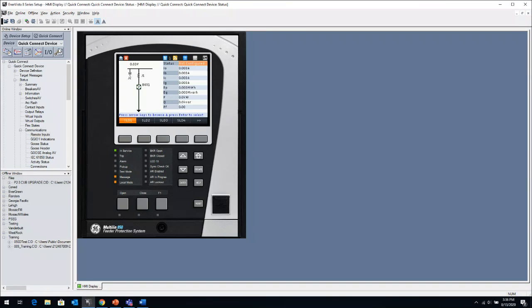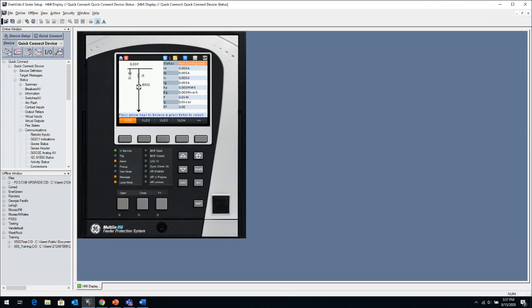Now, the important one I just wanted to mention is this one. I'm not going to click it right now because it could take a while to download. It could take up to a couple of minutes, so I don't want to take much time away from our session today. It's the service report, the one on the right here. And it's very important if you want us to help you look at something, a problem with the relay, or something you've set in the relay that you can't figure out, like the relay tripping when you don't think it should have tripped. Anything that you want us to look at, the first thing you should do is click on this service report. What it does,